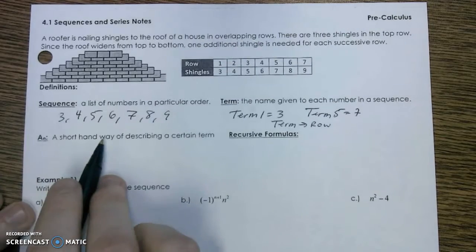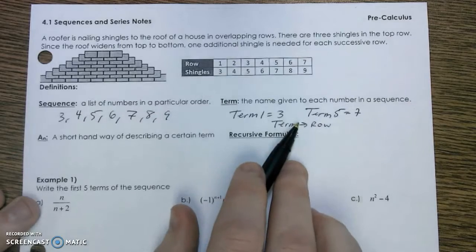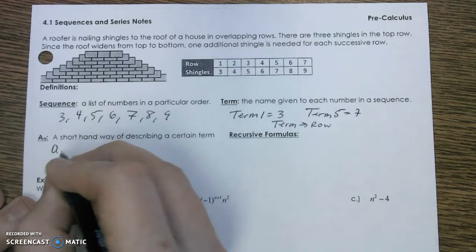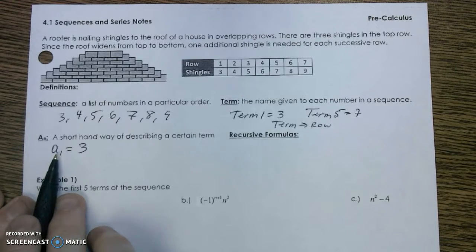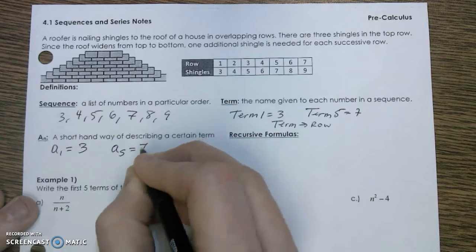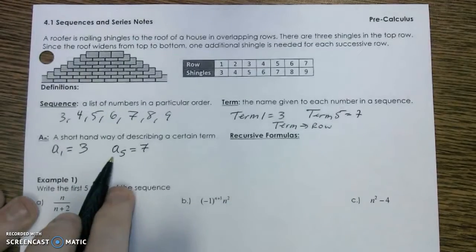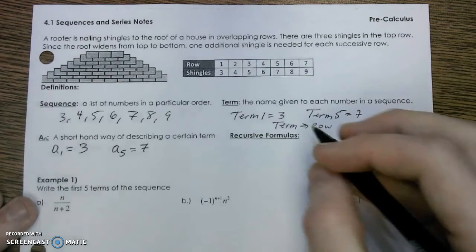A sub n is a short way of describing a certain term. So like I said right here, A1 is 3. So this is how I would describe my term. If I want term 5, I would ask for A5, and then you would tell me there are 7 shingles in row 5. And recursive formulas use the previous term